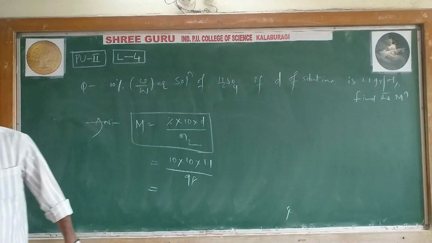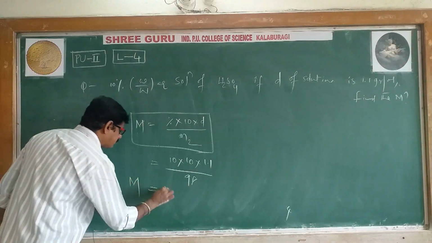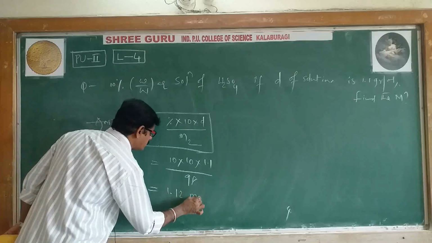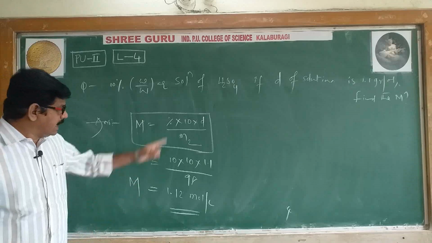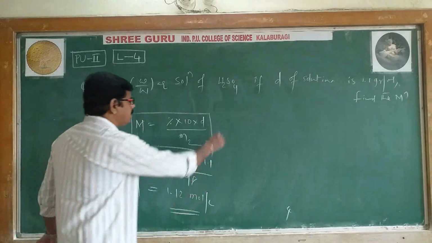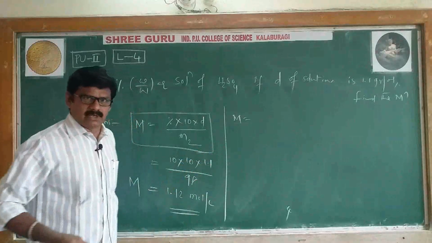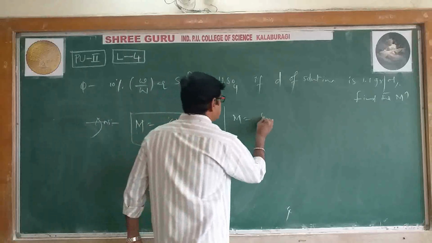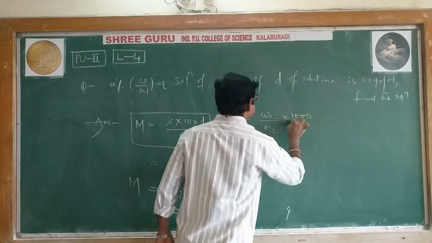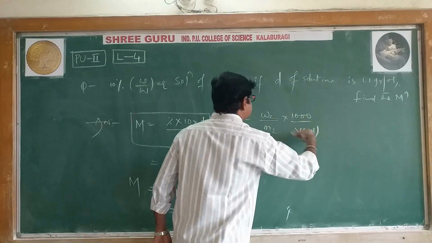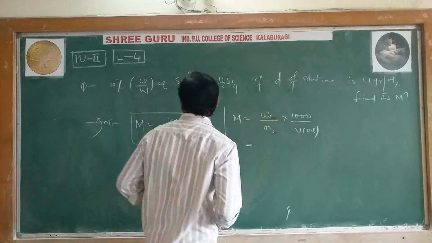If you simplify that value, you will get 1.12. Molarity equals 1.12 mole per liter is obtained. Right. It is a direct formula. Or we can solve with our regular formula also: mass of solute by molar mass of solute into 1000 by volume of solution in milliliters, where the mass of solute is nothing but